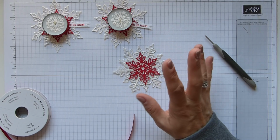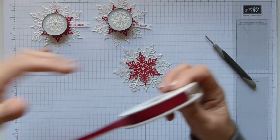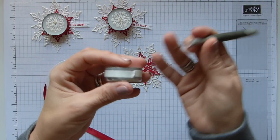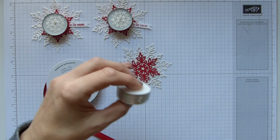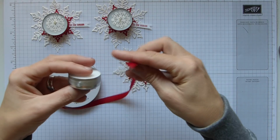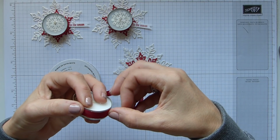Obviously this isn't gold, but you could use whichever. And then I've used the beautiful Real Red mixed satin ribbon. So I've already popped some Tear & Tape around the side of my candle, and then I'm just going to take that off and then pop my ribbon on, and then just follow it round